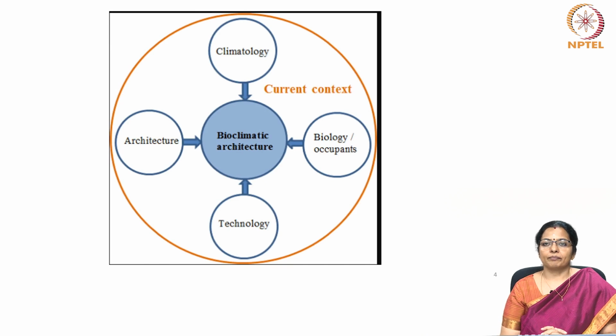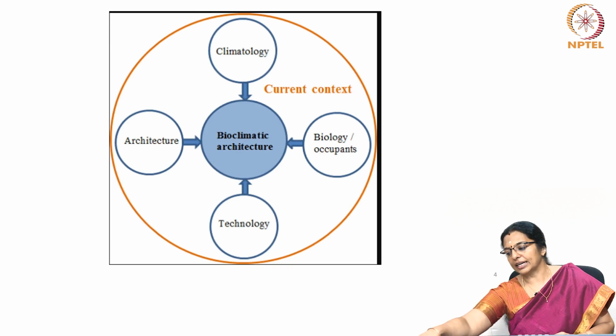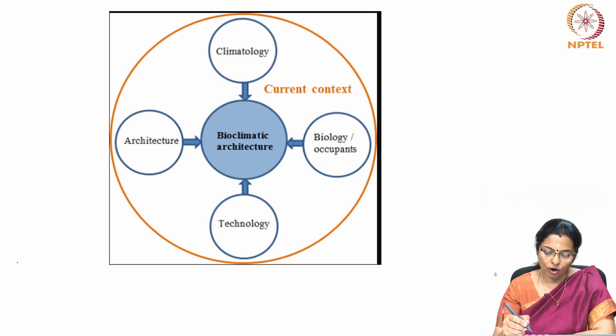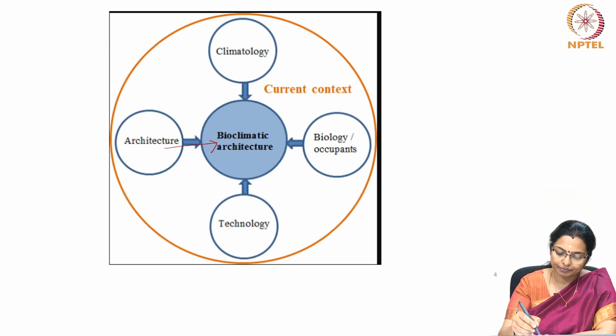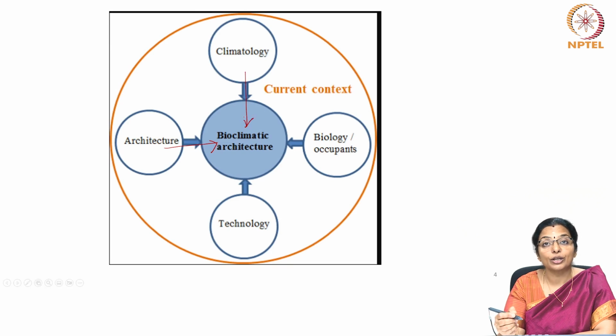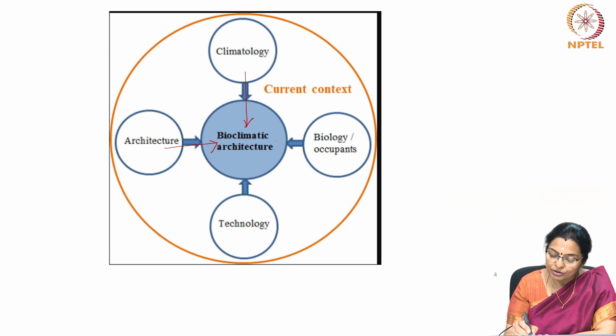Now, bioclimatism is a design concept in architecture that takes into account the relationship between a building, its systems, its natural environment, mainly through its microclimate and its occupants, especially in connection with human thermal comfort conditions. So, if you actually see what is bioclimatic architecture, you need to relate architecture, you need to understand the climate of the place, which we will be looking at in this course. How do we understand the climate of a place? You also need to understand the biology of the occupants, and this is where we can say thermal comfort,